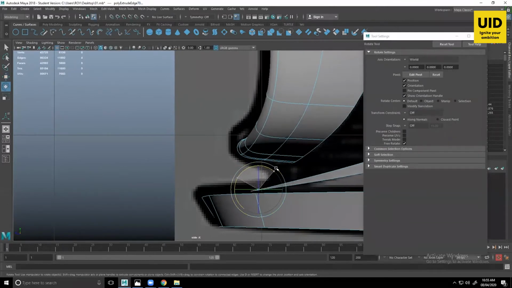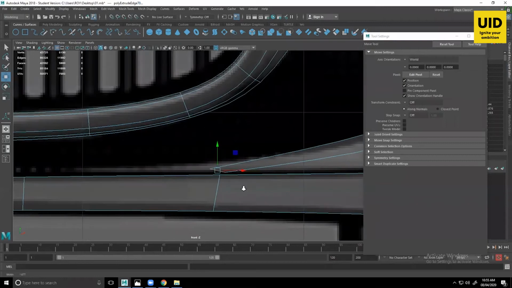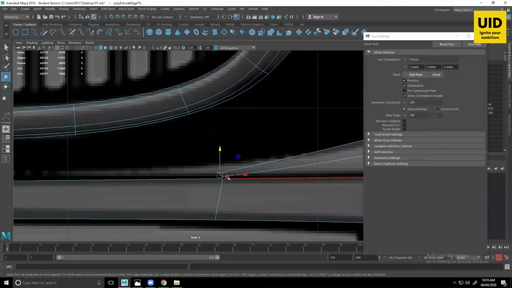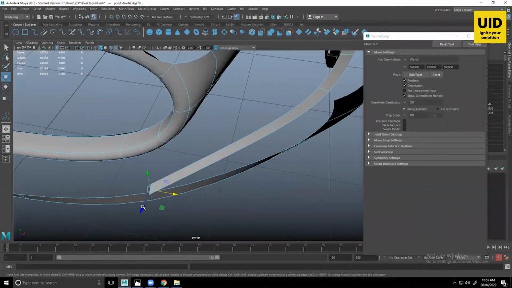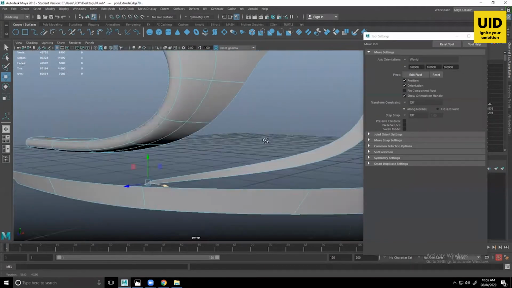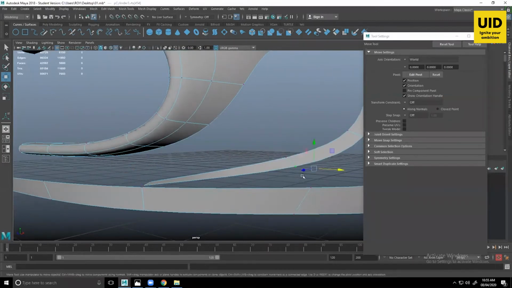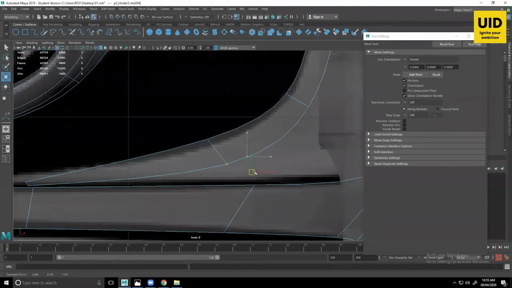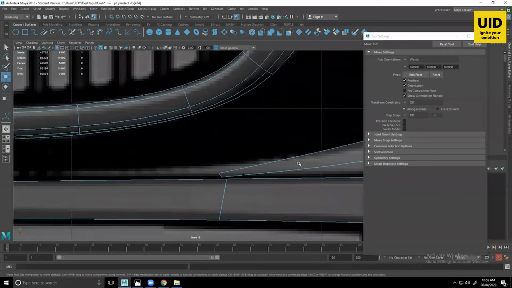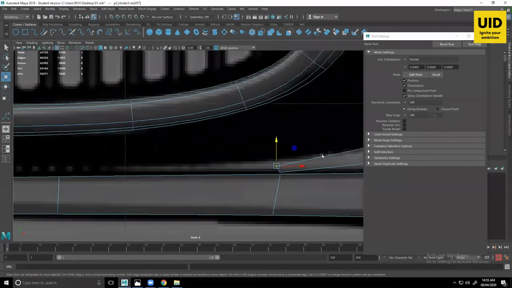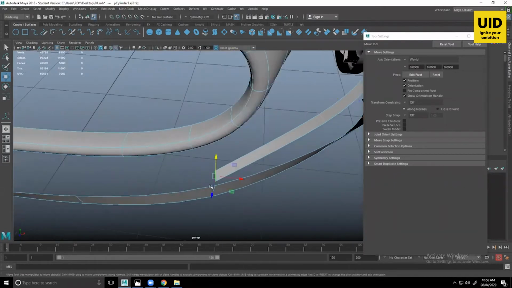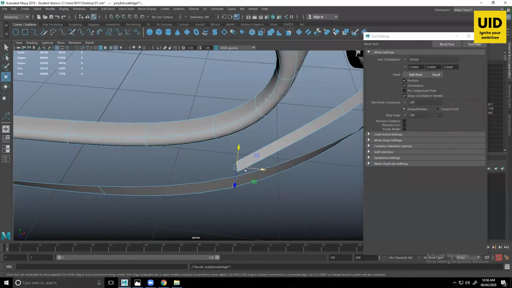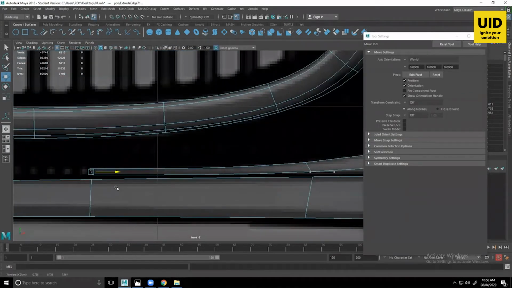We can just start. Go to my edge view and Control E. Pull it completely flat down.